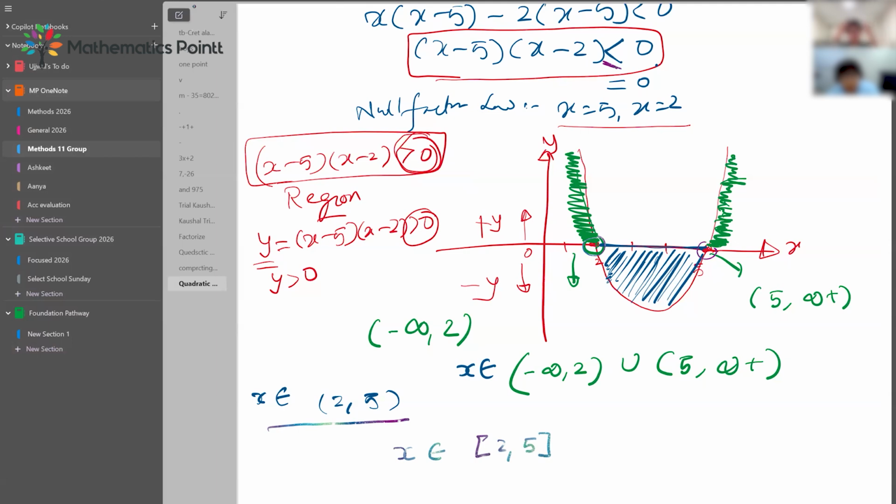Any doubts here? Anyone? Thumbs up or thumbs down? So what's the difference between seeing? I still understand the equals to one. When it's greater than equals to, I don't understand that one. Okay, so